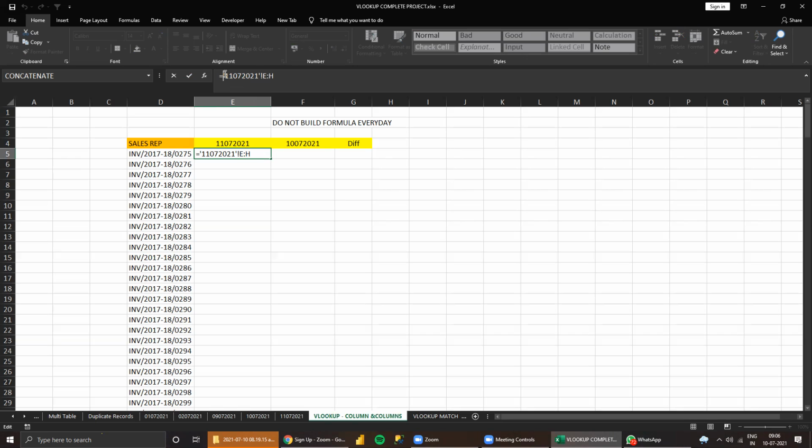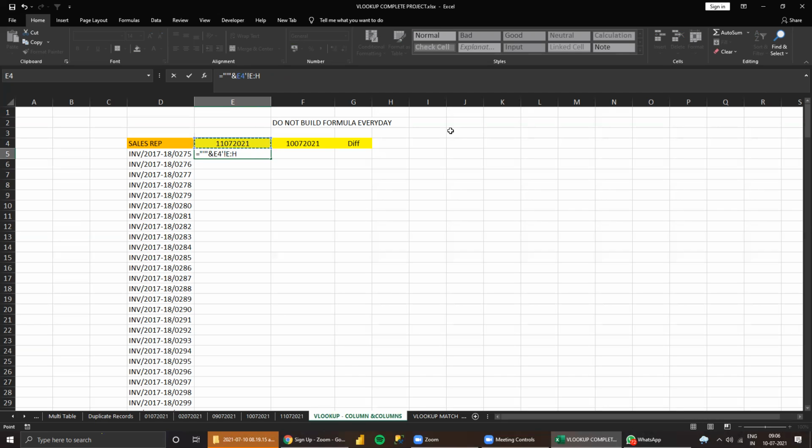Carefully observe this: single quote, tab name, single quote, exclamation mark, and the range. Got it? We need to split it like this. So double inverted commas, then double inverted commas. See here, in between the double inverted commas, I have the single quote. This I delete because the tab name is here.